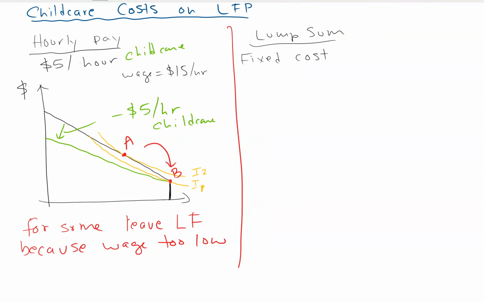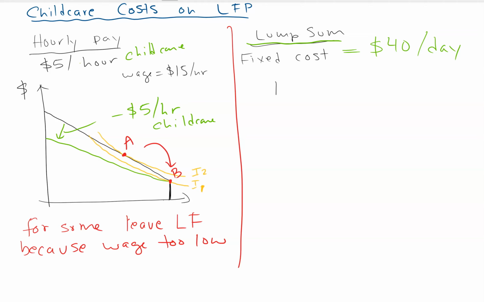Okay, so now let's do a fixed cost instead. And actually, a fixed cost is probably more realistic. For example, I really don't know how much childcare costs in Denver. In the area where I live, childcare is roughly $800 a month. And it comes out in most places to close to $40 a day. Somewhere like 37 or 38, but it's roughly $40 a day. So let's just round it off to $40 a day.